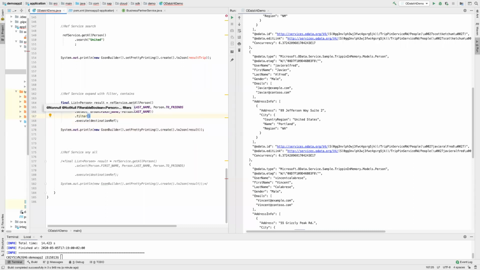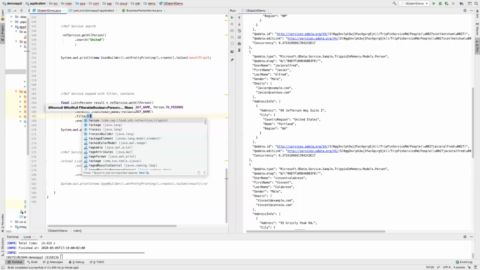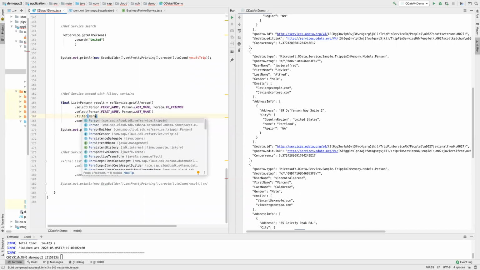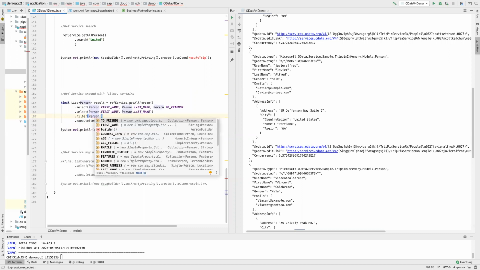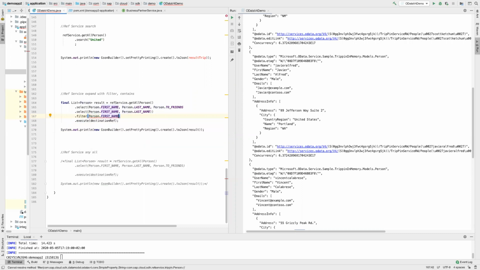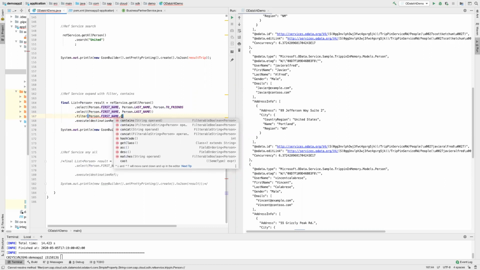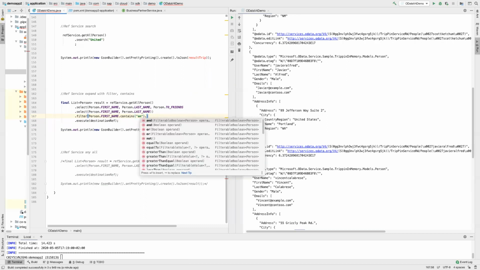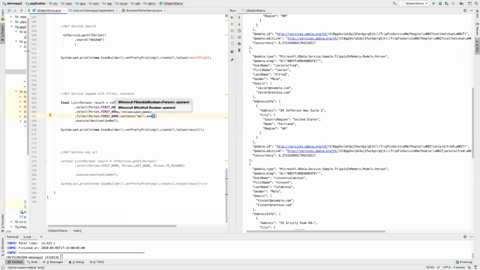So here I can say that I want person where the first name contains, and also I can do a Boolean expression, and I can say that maybe the person's last name